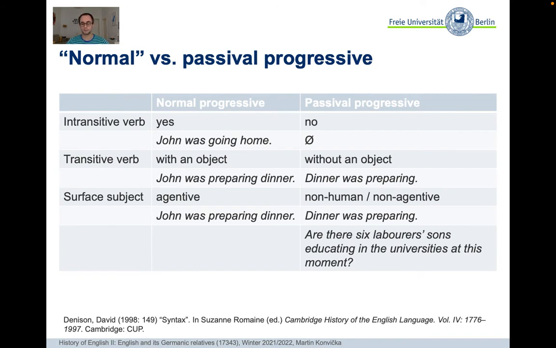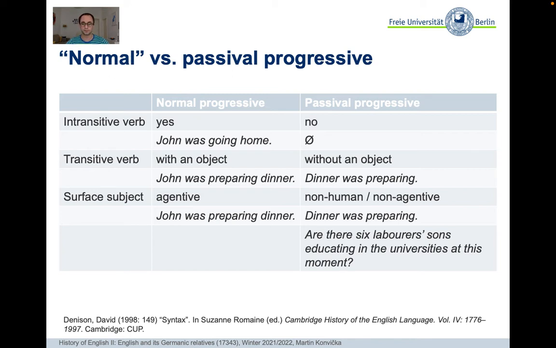There were also certain constraints for the passival, such as, for example, no intransitive verbs were possible in this construction, right? So verbs without an object, like go, for example. But this is also logical and to be expected in passive constructions. What's important here is also that the passival construction can be used with human as well as non-human / non-agentive subjects, right?